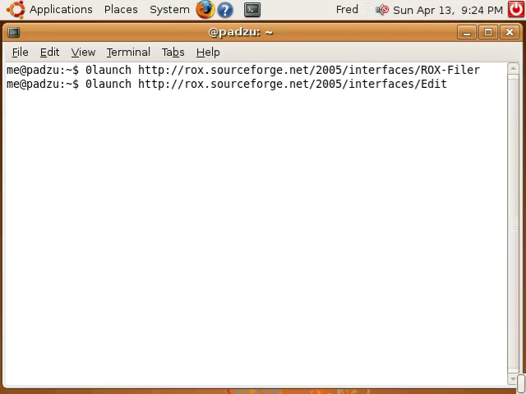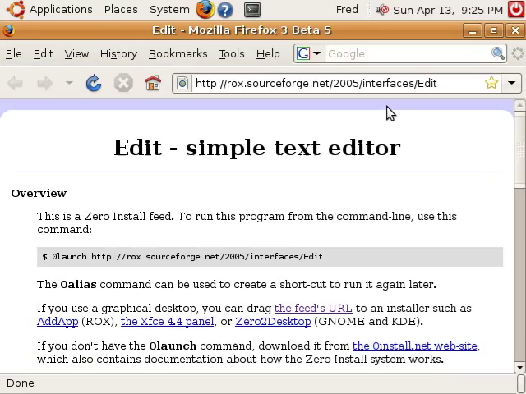What it does is what you or I might do. It takes the program's name, that's this long string here, and interprets it as if it was a web address. So let's try opening that in Firefox. We can see that a Zero Install feed actually looks just like an ordinary web page. We've got a description of how to run it,